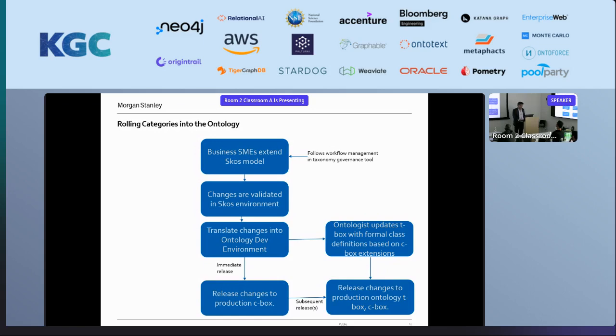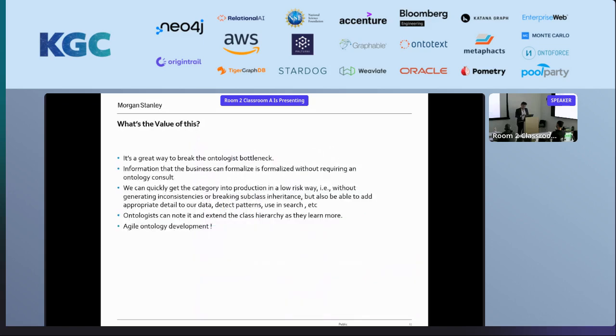On the right side here, the ontologist can now be taking those categories and saying, well, wait, you've just created an important new type of interest rate swap. This is something important that we can capture some important information about. And they may want to create classes corresponding to that. So then in a subsequent release, we can get class versions of some of those categories as appropriate or necessary. But the point of this is it's yet another way to break what I always call the ontologist